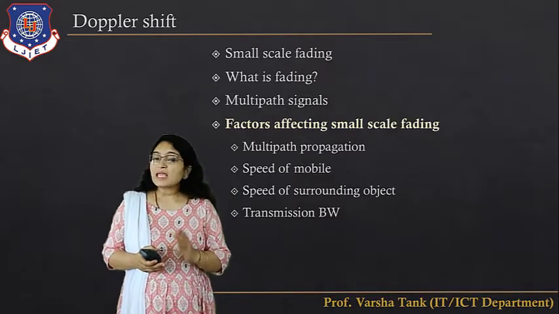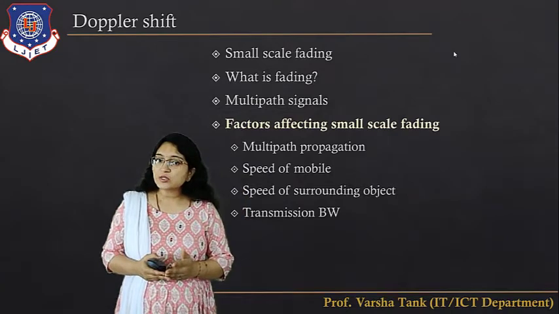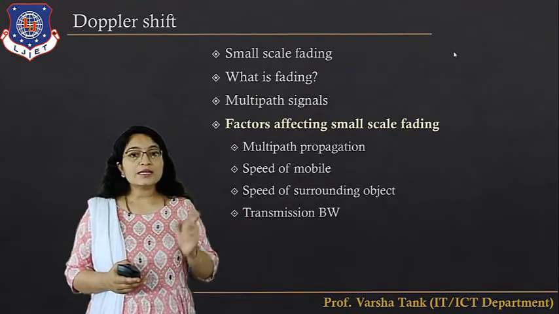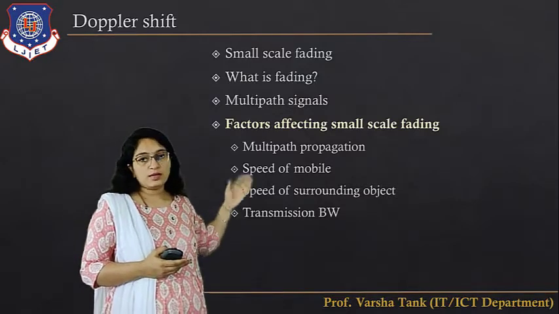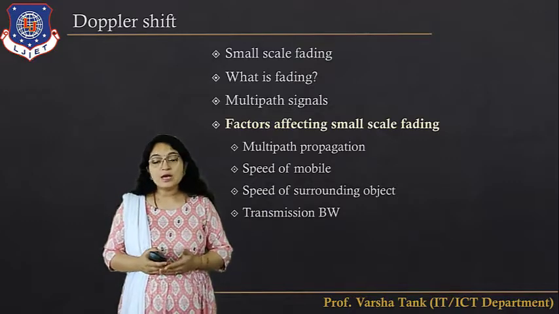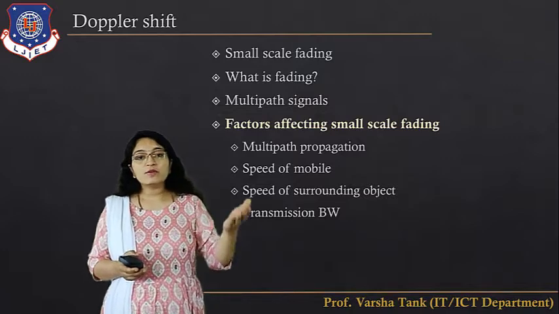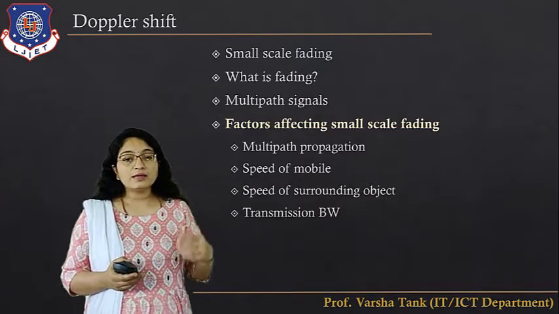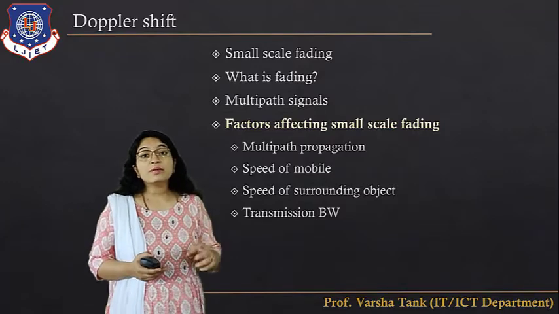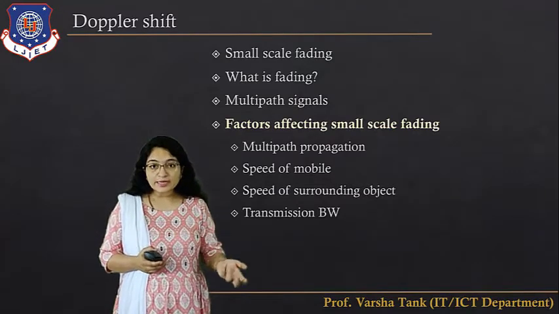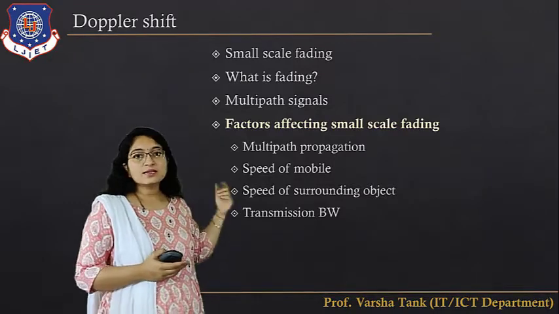Fading means any unwanted signal, any interference in the signal, any noise in the signal. Generally it happens based on multipath signals, because some signals travel by line of sight transmission and some travel by a different path. In that path there are obstacles like buildings and trees, so the signals may be diffracted or reflected. Scattering and diffraction may occur, so multipath signals are there.